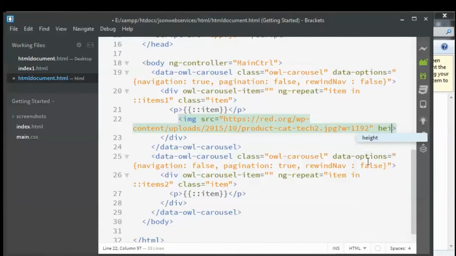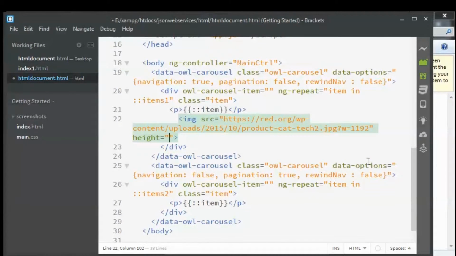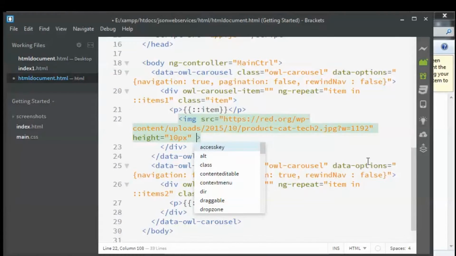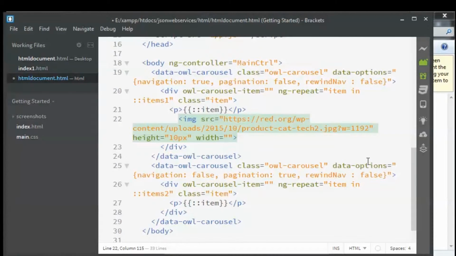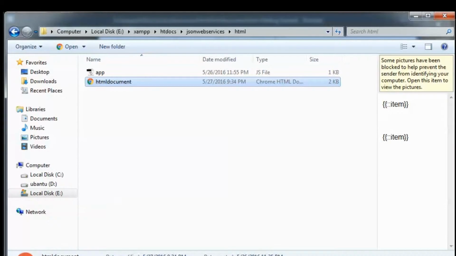I'm going to type in height equal to 10 pixels because we just need a small image, and width again 10 pixels. Now let us see what happens if we refresh the page.